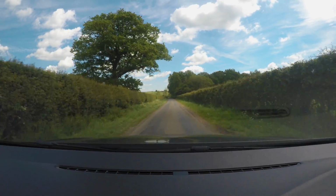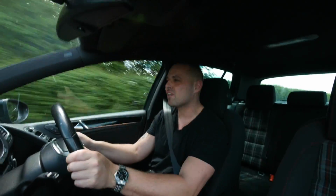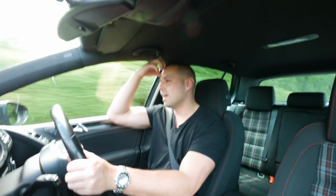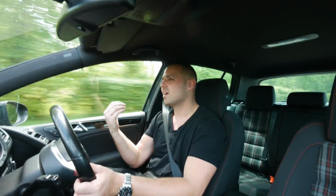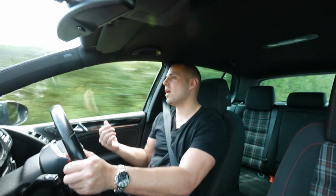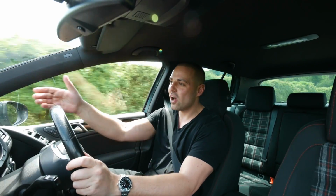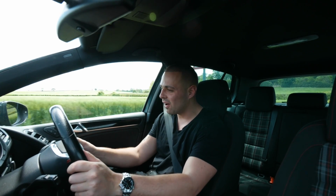The front end's always quite sketchy as they pull, providing they've got enough power. And always when you get into any car, you have an expectation of it, and I say this a lot. And you get into the driver's seat of a Mark 6 Golf GTI, and you think it's got 210 bhp, which doesn't sound like a lot. It's quite an old car now, let's face it. It's about 10 years old, and this is an early car, by the way, 59 plate. So I think they came out in 2009, so it is an early car, but